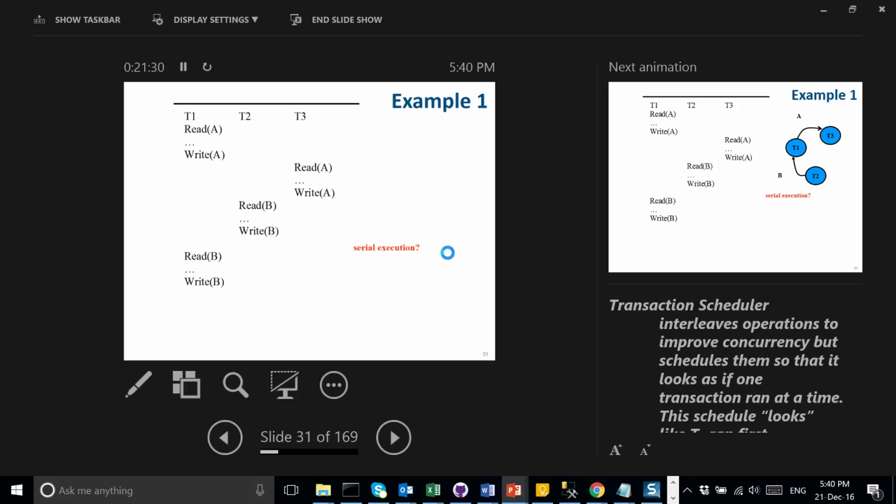So I looked at other transactions. I looked at operations that came after the operations of the transaction I'm studying. And if there is a conflicting operation, conflicting means read with write, or write with read, or write with write. Read with read, no problem. Or if they are reading or writing different data items, no problem. Okay? So we finished with T1. Yes? Now let's go with T2.